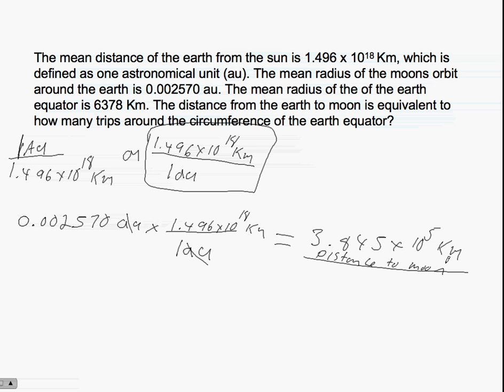Now, the problem says the mean radius of the Earth at the equator is 6,378 kilometers. The distance to the Moon is equivalent to how many trips around the circumference of the Earth? So